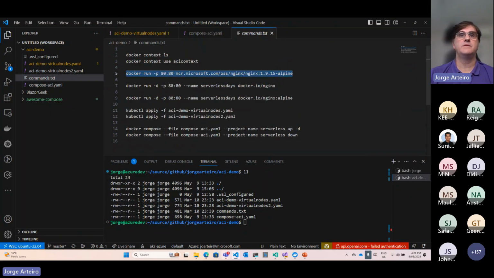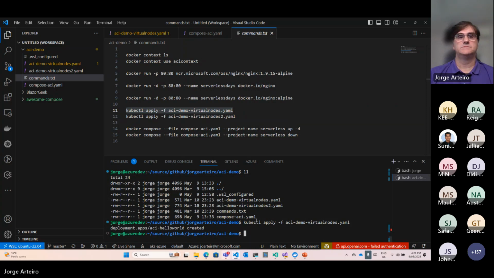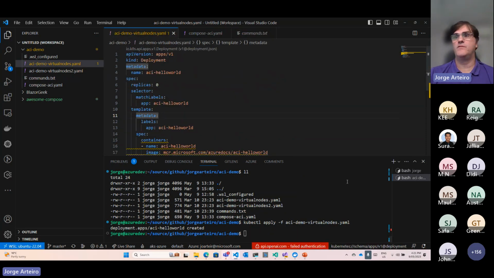I have here open. This one first. And what I did, I ran this Kubernetes YAML file.